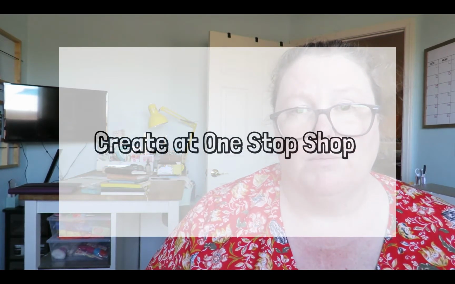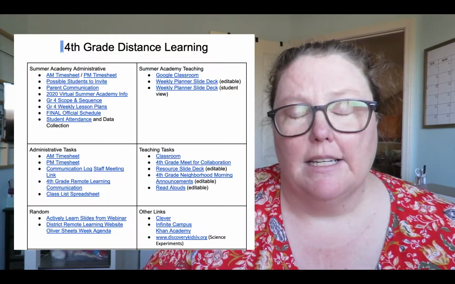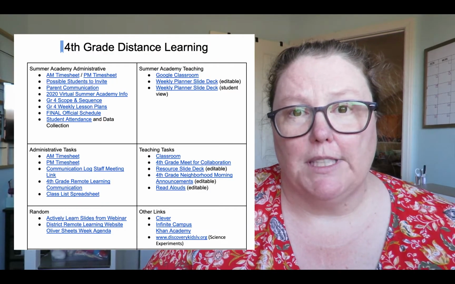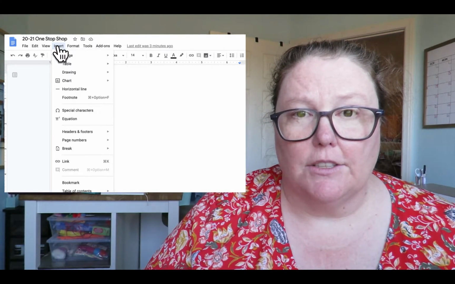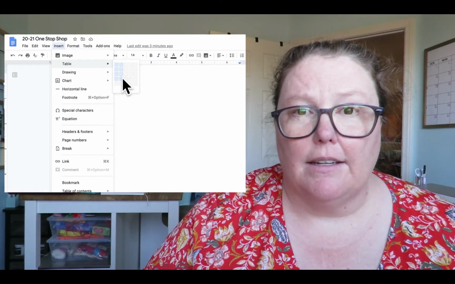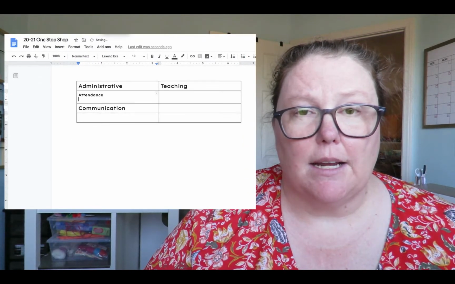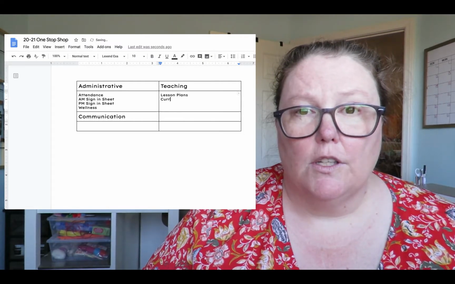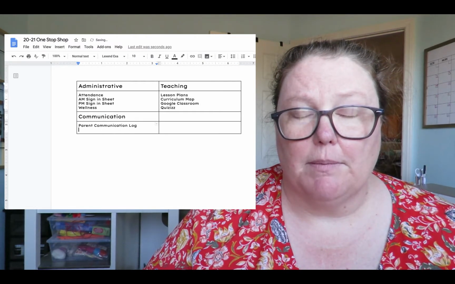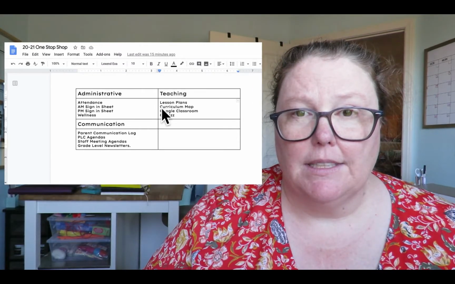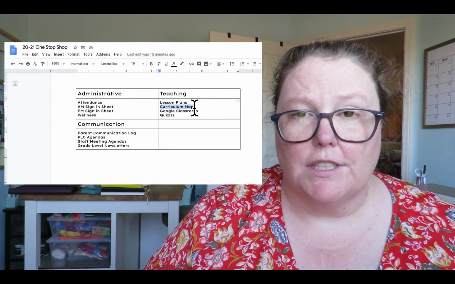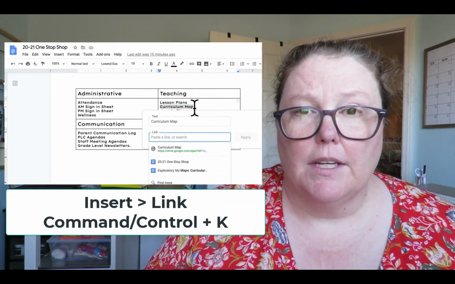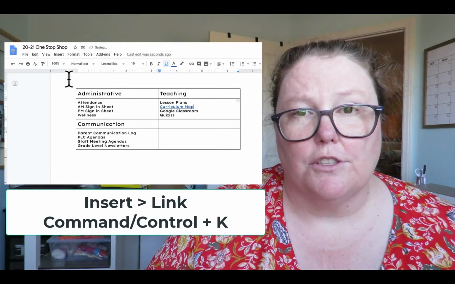Tip number 1, create a one-stop shop. You want one place to house all of your digital resources for easy access. I've done this with a Google Doc, insert table, and then list those things that I'm accessing daily, weekly, or that I need at the tip of my fingers for reference, and link to them. To insert a link in Google Docs, you just highlight your text, click Insert Link, or do Control or Command